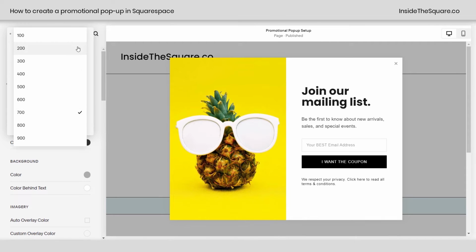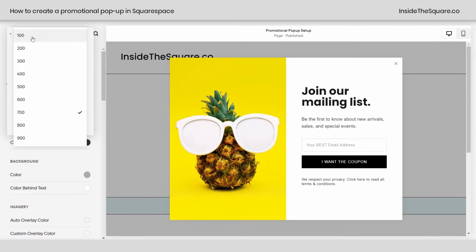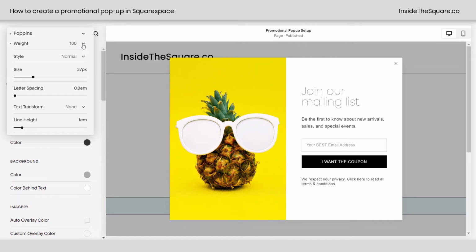You can adjust the weight, which means how bold the font is. My font Poppins has a lot of options for weight. Not every font will. If you only see a few options there, that's just because of the font family. Luckily, Poppins has a ton, so I can choose 100, which will be a super thin font, or I can choose 900, which will be really bold. You've got some other options here for size, letter spacing, text transform, line height, and style, which is how you can make it italicized if you want to, but I think this looks perfect, so I'm going to leave my